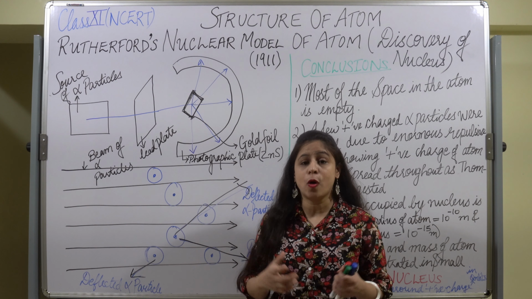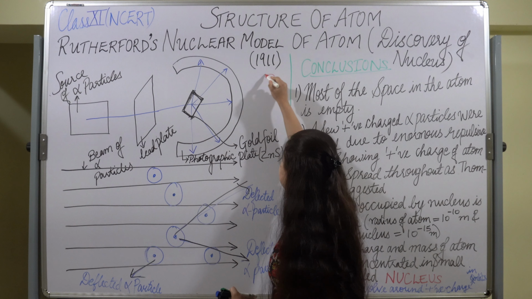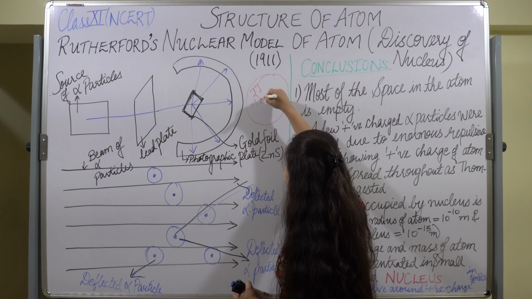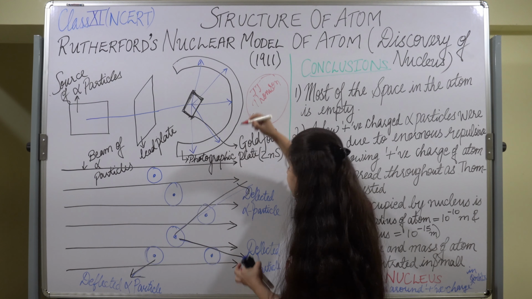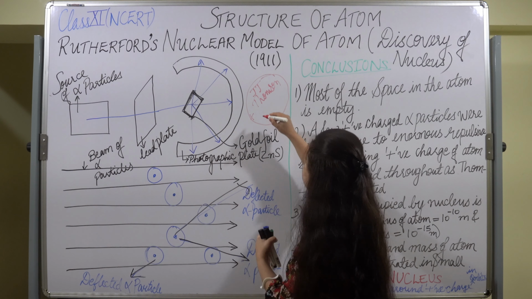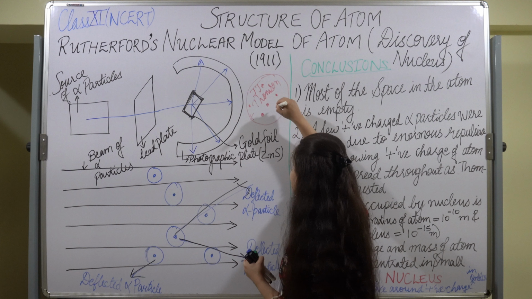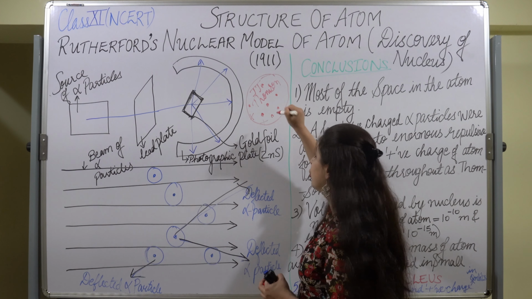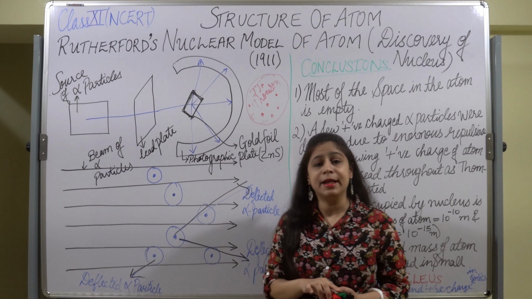positively charged, as Thomson suggested. It was J J Thomson who suggested that the whole of the atom is positively charged, and the electrons are like the seeds of a watermelon. It was suggested by J J Thomson, but it was proved wrong by the scientist Rutherford, and he said